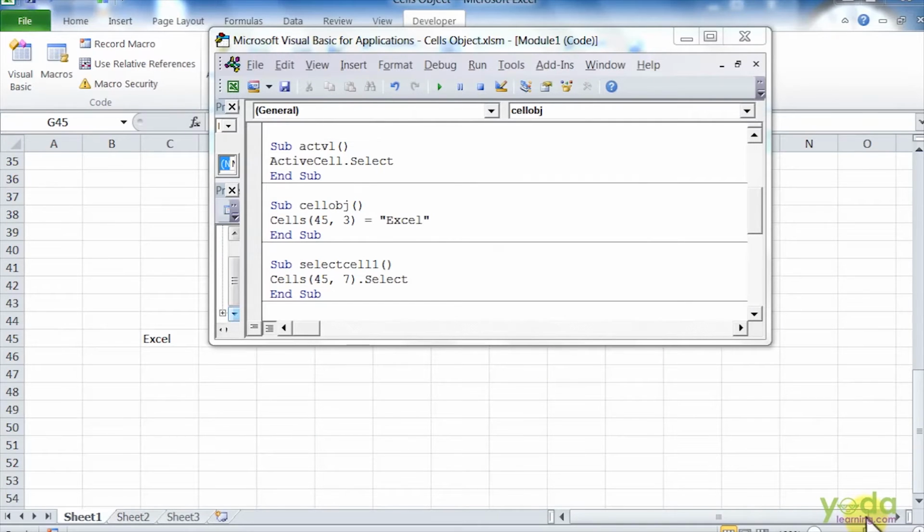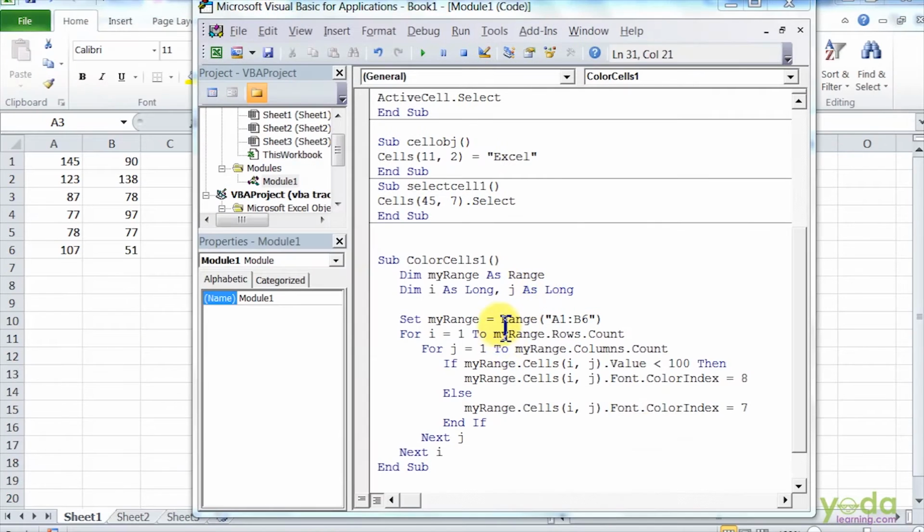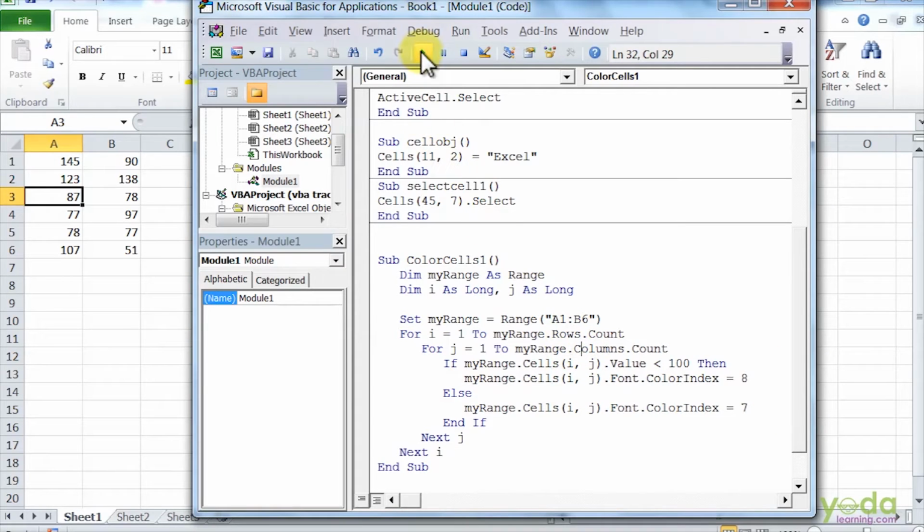Let us take another example where Excel VBA will count the number of cells from A1 to B6 and check out the values and compare them with 100. If it is less than 100, it will give the color code as 8, and if it is more than 100, it will give the color code as 7. So let us run the code and check out.